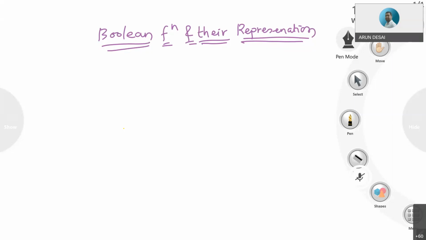There are total 7-8 ways available to present a Boolean function, right? So we'll see those forms, or you can say ways to represent those Boolean functions, right? So starting with first is